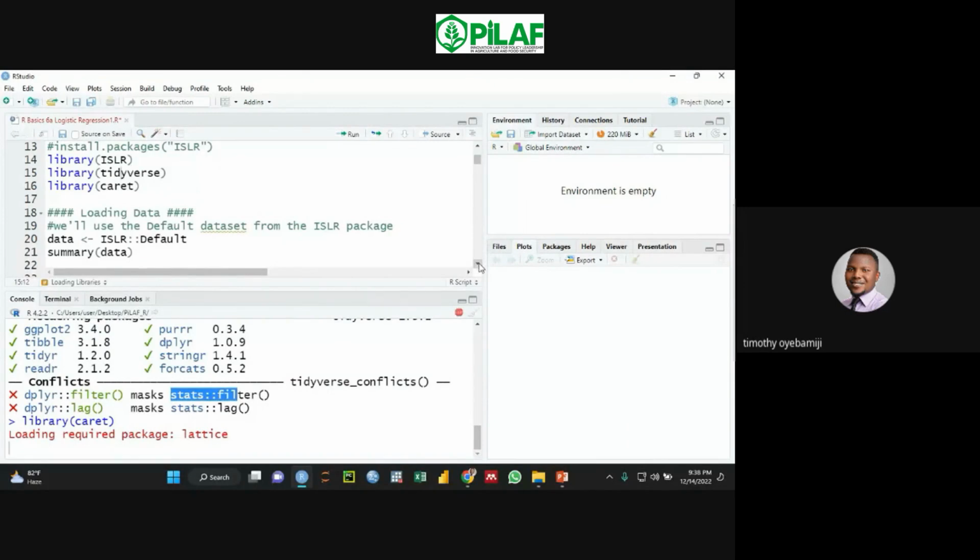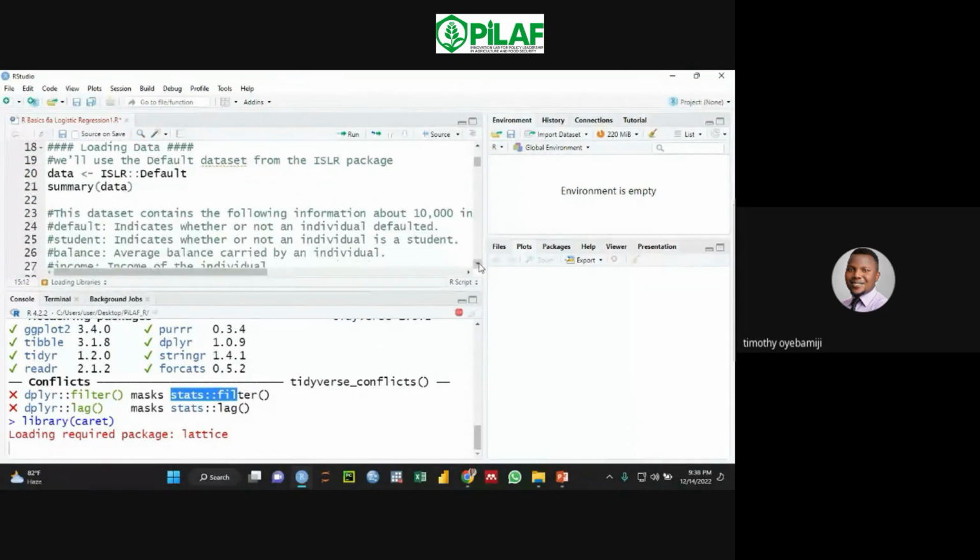All right. So while we are doing that, let's just get familiar with the data. Now, this data set contains the following information about 10,000 individuals. So that's a large data set. Now, the first column is default, which is our dependent variable. It indicates whether or not